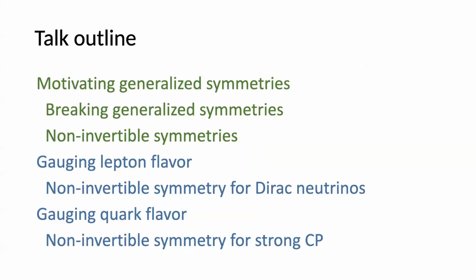So just a brief outline, I want to give you some picture about these formal developments, telling us that there are these novel, subtle notions of symmetries in quantum field theories that we care about, but go through it at a basic level before actually getting into new models of particle physics that we've been able to construct using that. I should say, please do ask questions and stop me. I'd like for people to follow along as much as possible.